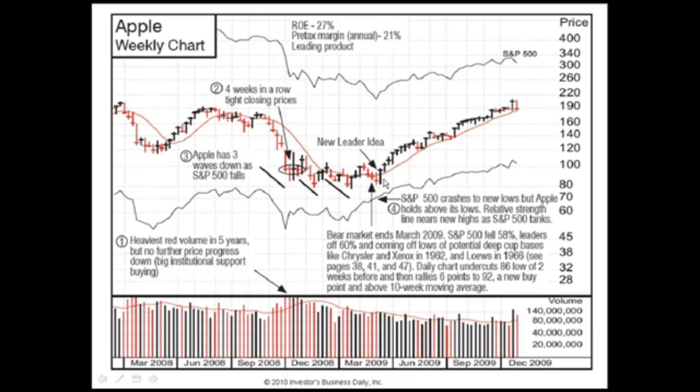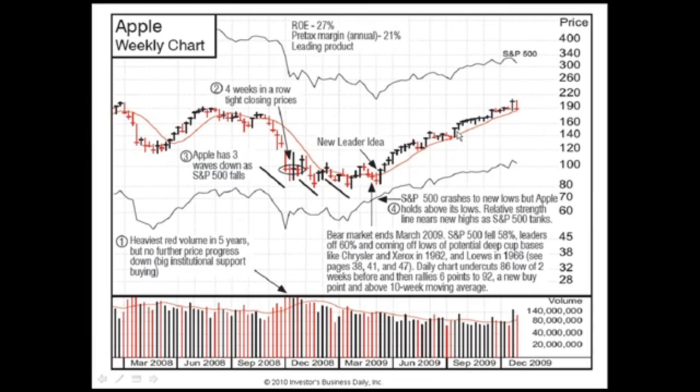Now you'll notice it starts moving up, and it moves 1, 2, 3, 4, 5, 6, 7, 8, 9 weeks in a row. We have some other studies that show if you move up 5 weeks in a row, that's usually a sign of institutional buying. So it pulls back and moves up some more. Then you see it coming out of a handle which drifted down, and you have your second buy point there.